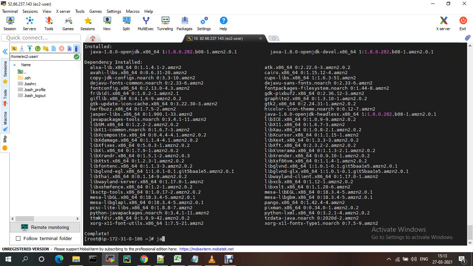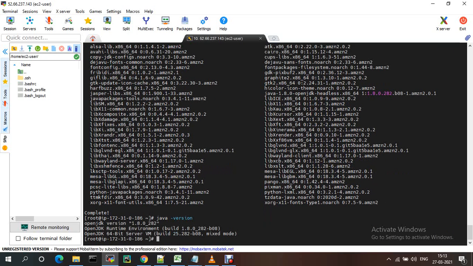See, if you check now, Java is installed. Java 1.8.0, this is the current Java version in this machine.